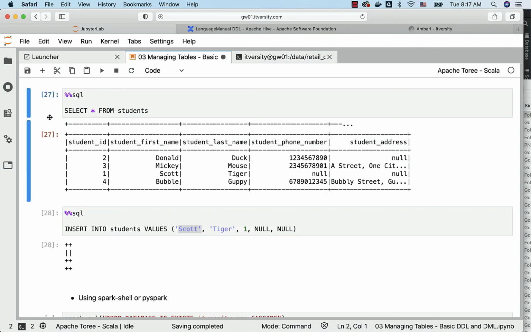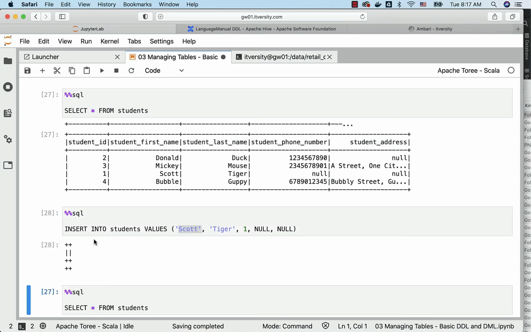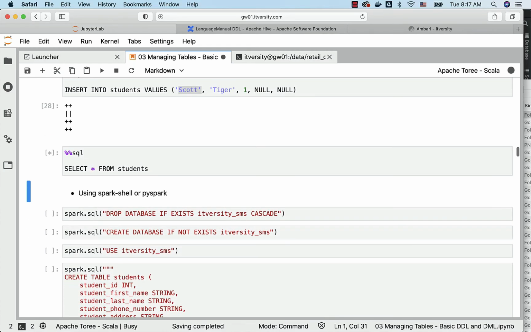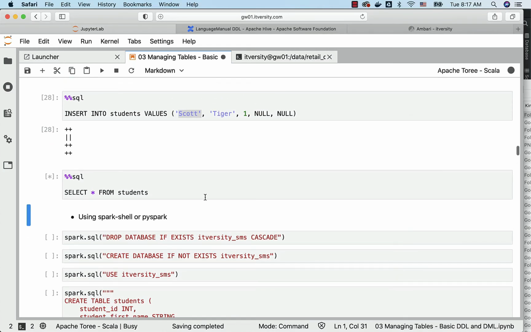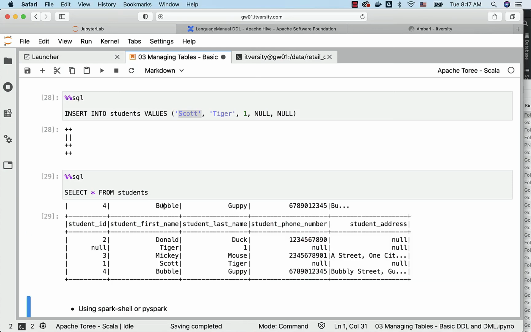Now if I run this select star from students command, you will see incorrect results. So the fifth record, you will see null for student ID, and then whatever the values are for the rest of the things. Because integer can be easily typecasted to string, implicitly it has taken care of the typecasting here, and the one is changed to string type and it is inserted into this table.